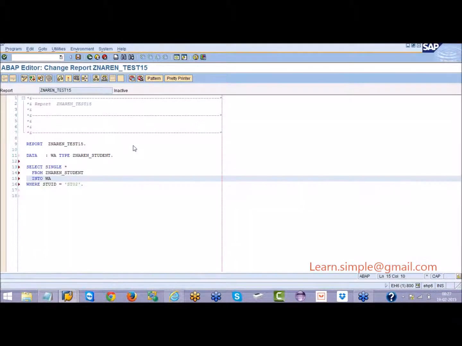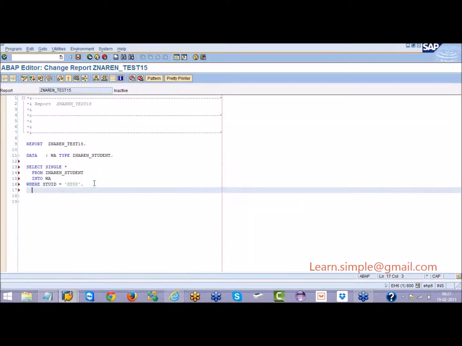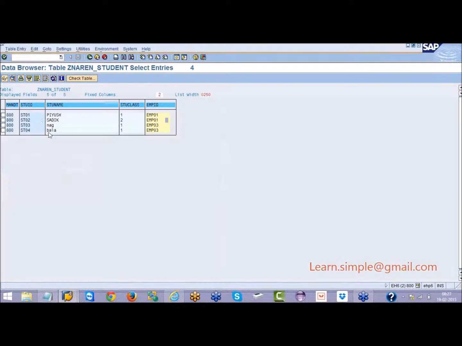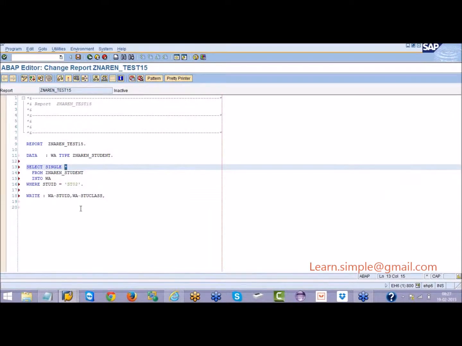Now after that, you may make use of your write statement to access the data. For example, I will say write work area hyphen student ID, work area hyphen student class, whatever the fields, because we are getting all the fields. Star means all the fields. We got student MANDT, student ID, student name, we got everything. But I'm only writing in the output student ID and student class, for example.